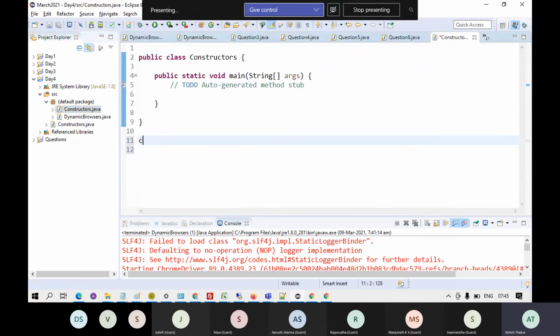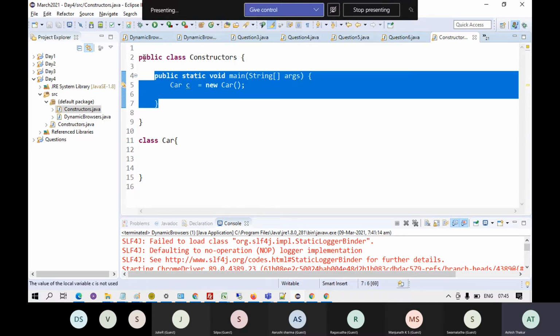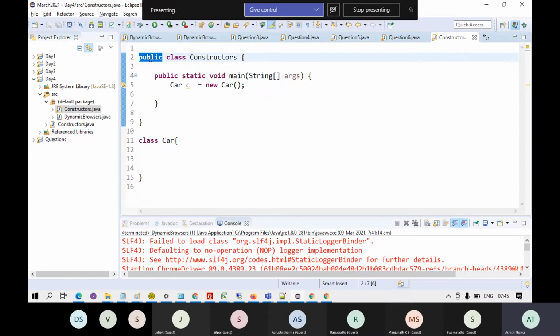Suppose in this class I also make a very simple car class, and I will create the object of car over here. You can have multiple classes in a class as well. The class with the main function should be public. Public means that it can be accessed from anywhere. There is no restriction. So over here I'm creating the object of the car class.